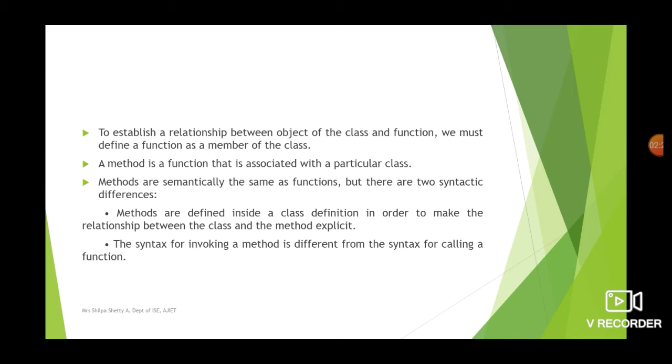So we already know what functions are. Functions are nothing but a set of instructions to perform a particular task. If a function is a member of the class, then such a function is called a method. So a method is a function that is associated with a particular class. Methods are semantically the same as functions, but there are two syntactic differences. The first difference is that methods are defined inside the class definition in order to make the relationship between the class